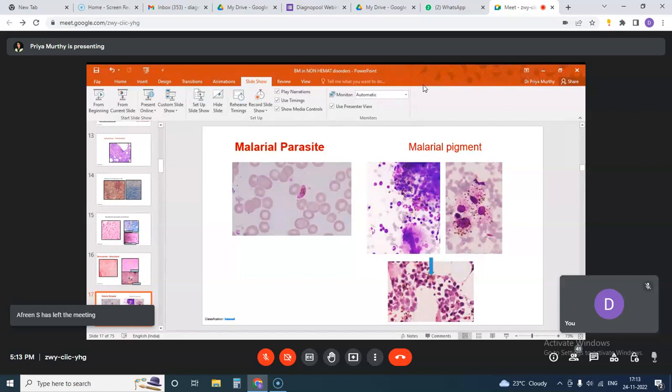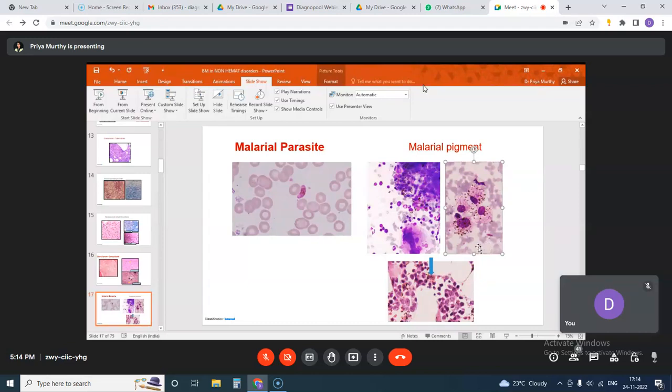Another infection that we can diagnose generally with a peripheral smear itself is the malarial parasite. The various stages of malarial parasite can be seen on a peripheral smear. But we have come across malarial parasite in the bone marrow aspirate many times in cases of PUO, when aspirate is performed for a case of PUO. And here we do come across occasional forms of malarial parasite. In this picture, you can see the gametocyte of Plasmodium falciparum.